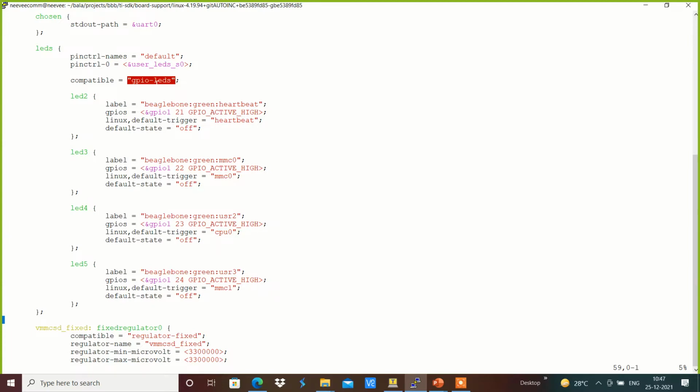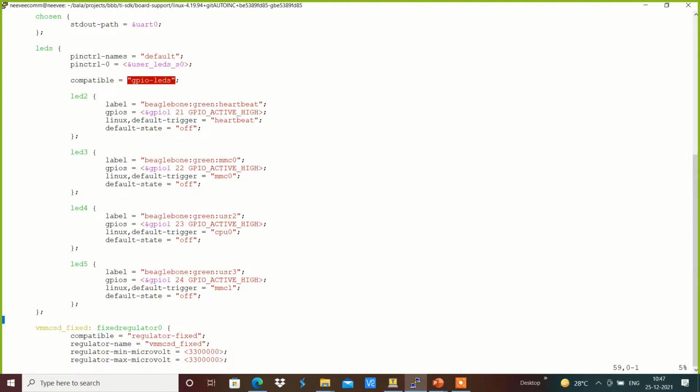GPIO LEDs is the driver which basically handles something like sys class LEDs, specific to the GPIO LEDs, so that will be handled by the GPIO LEDs driver. We will see how this happens in the GPIO LED driver.